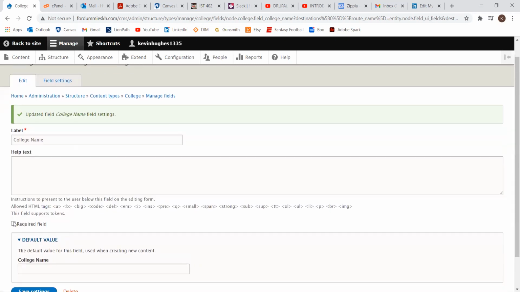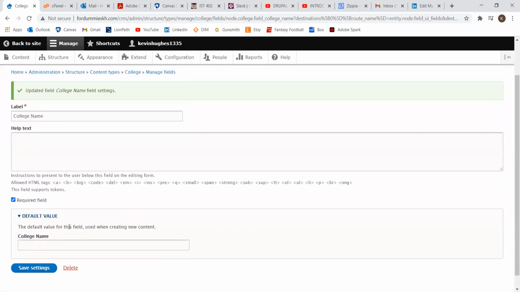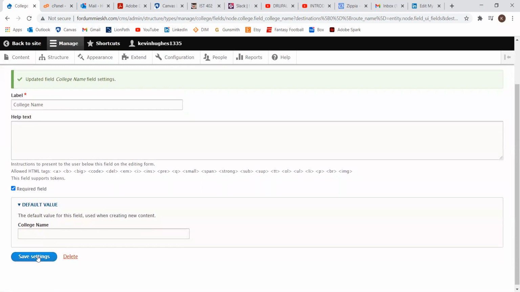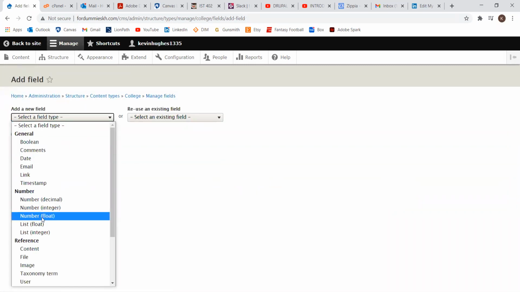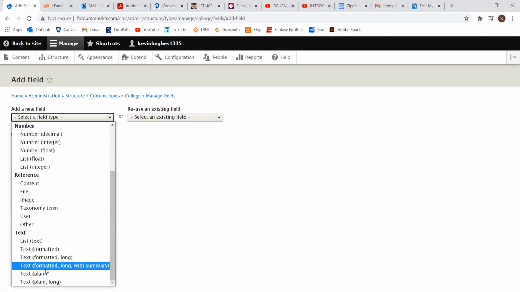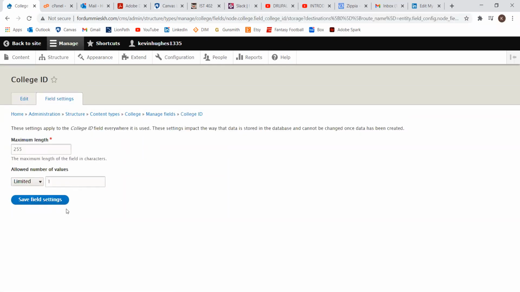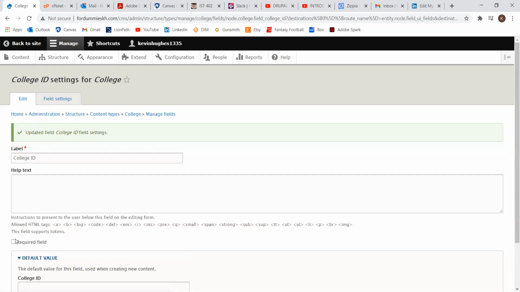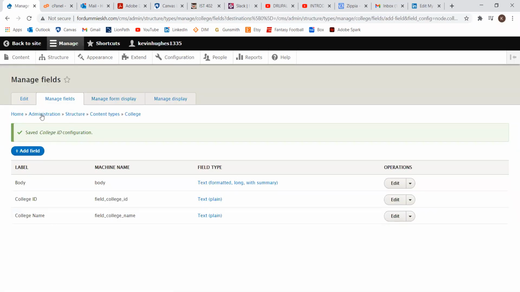Then you're going to want to make sure that you hit required field here, because you shouldn't be able to enter a college without a name. It just doesn't make sense. So save settings, and then you can add another field. I'll do college ID. Same thing, save settings. All right, so now I have my college